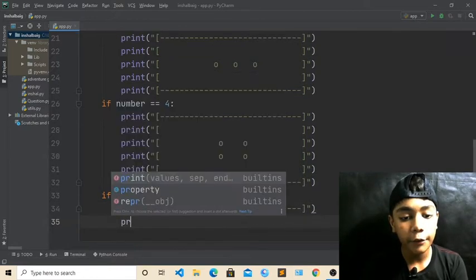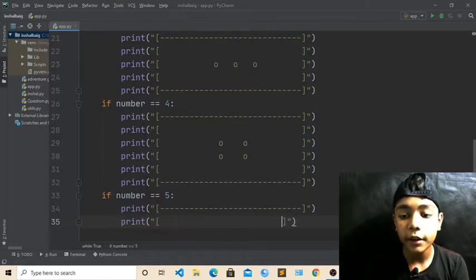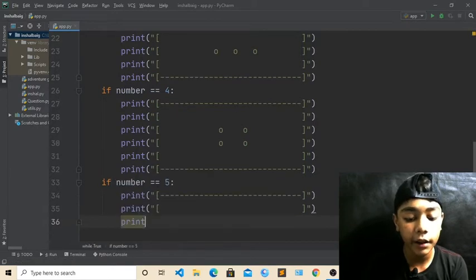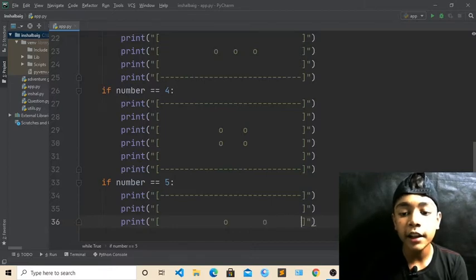Come over here and define print again. Now it will be like that. Now open it again. Till here we have defined. Come over here, print tag again, which will be like that, close, open. Now come over here, and now here you have to write 1 here and 2 here. Till here we have done.